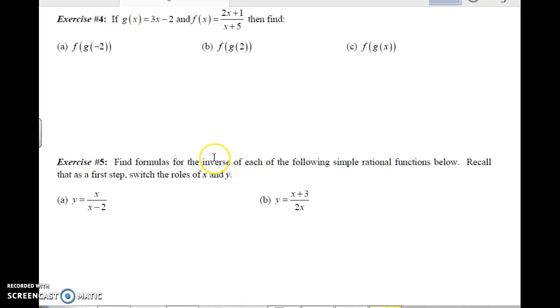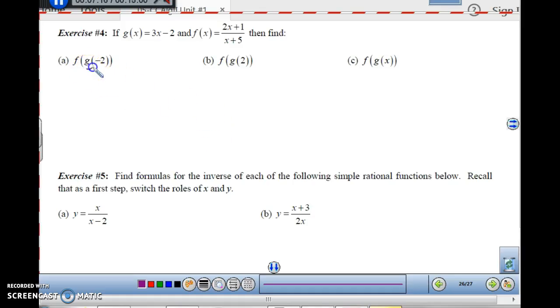Okay, let's do a little manipulation with composition of functions. We have g of x is equal to 3x minus 2, and f of x is equal to 2x plus 1 over x plus 5. Let's find f of g of negative 2. Now remember, when you're doing these, you start with the inside first, and then apply that answer to the outside. So we want to use g of negative 2,